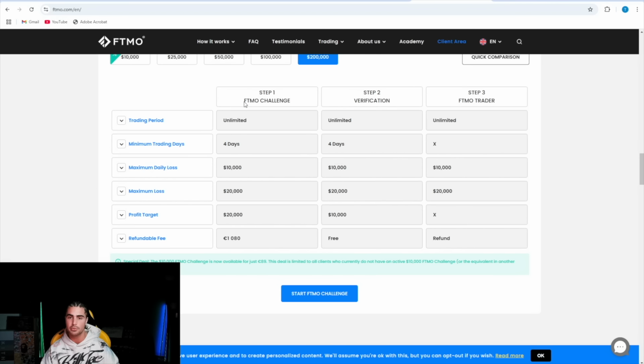I'm going to go through this challenge, I'm going to pass it. Go through the second challenge, I'm going to pass it. And then on the third step, you're actually on an account where you can make money. So yes, you know, you pay $1,000 and maybe both of these challenges take you like 2 months to pass, but that's 2 months that I'm willing to wait, especially if I prove to myself that I'm profitable, to get to the third step of being able to make literally like $20,000 in a month instead of $100 in a month. So yes, you're delaying that reward, but by delaying that reward and by waiting until you're actually profitable,